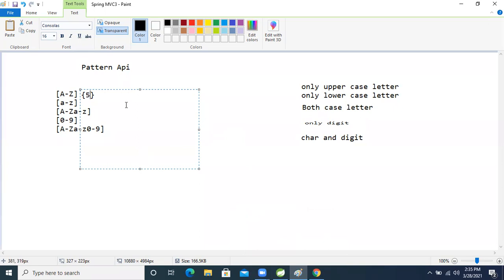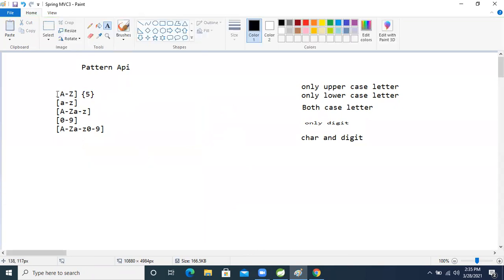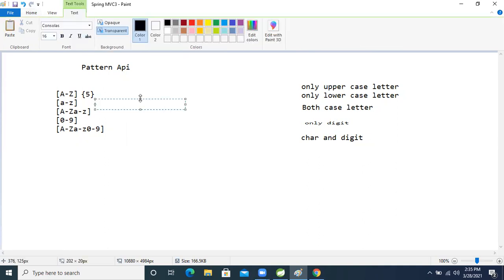So now, this one is five times. Between A to Z, we can take minimum and maximum also 5. Now I want to decide both minimum and maximum. This one is the maximum we can take, 5. After that, I want A to Z letters in my API, minimum 3, maximum 8. We will decide it.